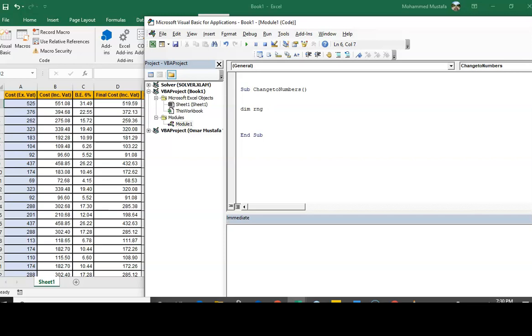I've just written RNG as my variable, and you need to specify it as a data type. So I will say Dim RNG As Range, as the range data type, and I will run a for loop here. So I say For Each RNG In Selection, and I press enter and I say Next, and within the for next loop I'm going to say range.Value, because we want to take the value of the cell,